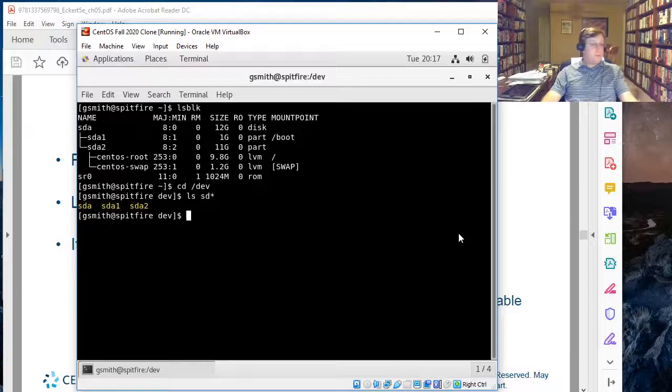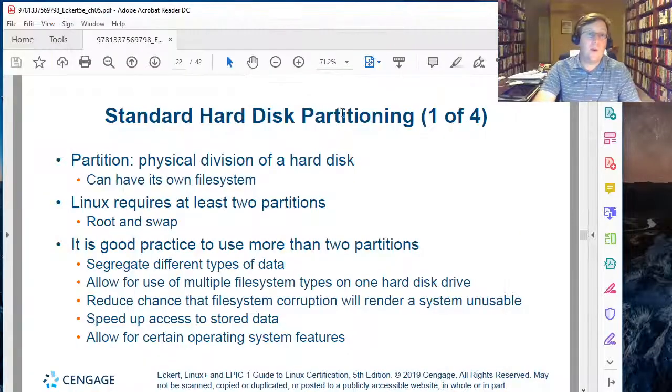If you have three partitions on your third hard drive, it's going to be called SDC3. If you're trying to copy something from the third partition of your third hard drive to the second partition of your first hard drive, you're probably going to be copying it from SDC3 to SDA2 or something like that, right? I'm getting myself confused here, but I think you guys can probably see the whole pattern here. So